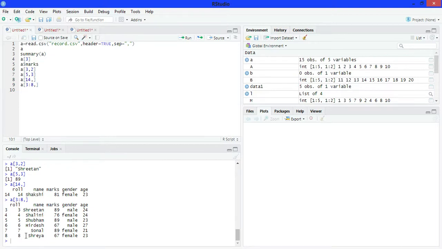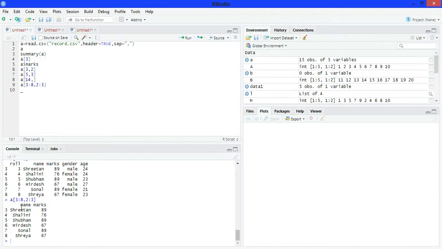Now we can also reduce the number of columns. See, write here 2 and 3. It will return only the second and third column. Run it. See, here the output has only the second and third column and rows 3 to 8.